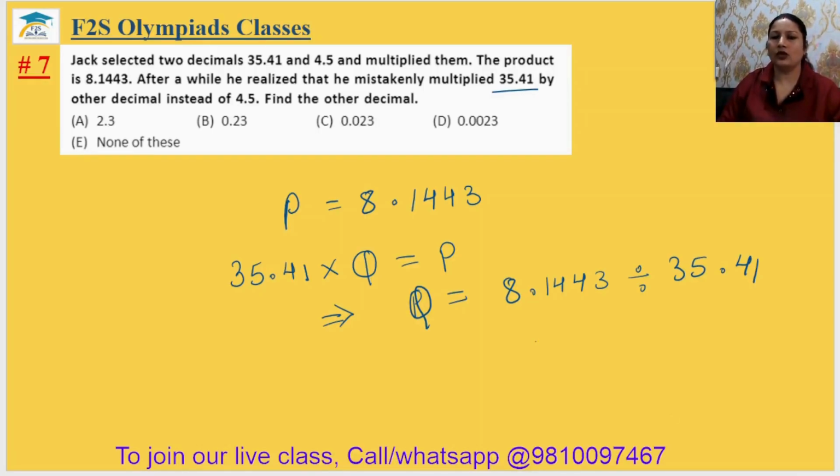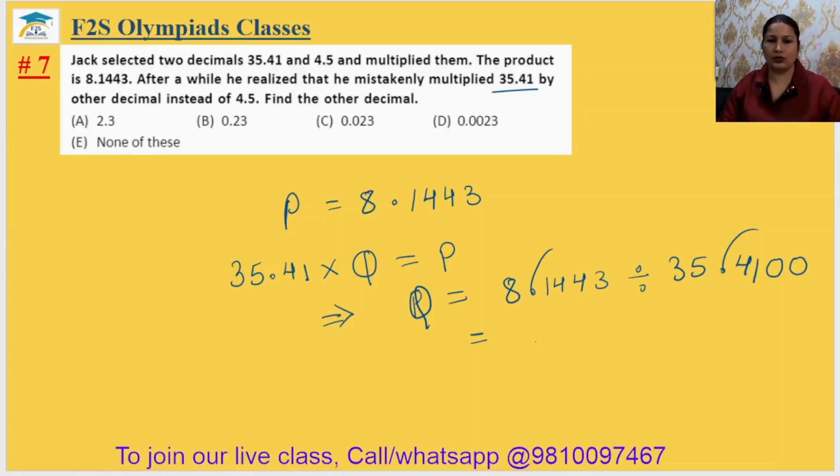How can we divide? For decimal division, if there is a decimal, it is a little difficult to divide. So first make it like decimal. If there are fewer decimal digits on the divisor side, just put extra zeros, or if it is on the dividend side, then put extra zeros there and make it like decimal first. After making it like decimal, just remove the decimal and then start as normal division.